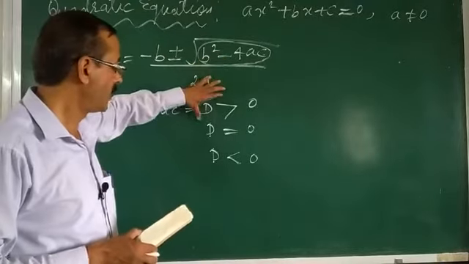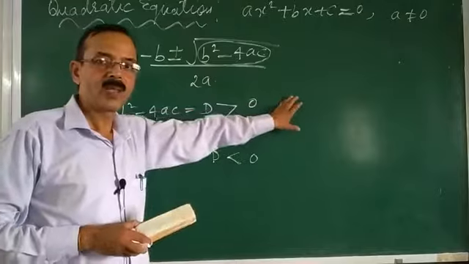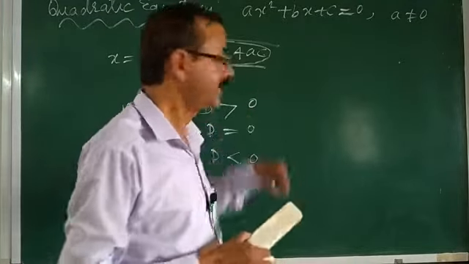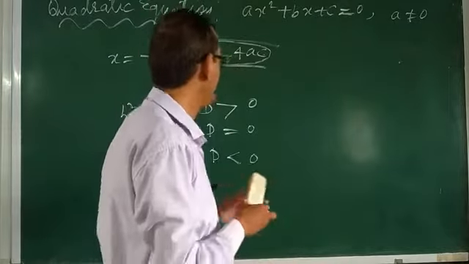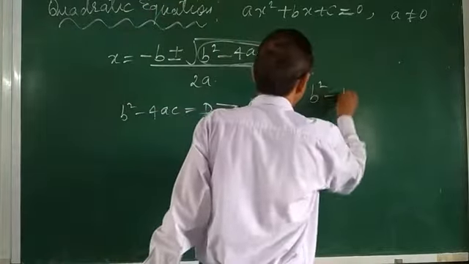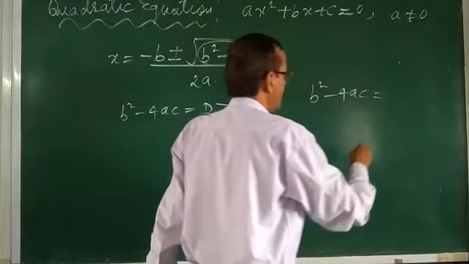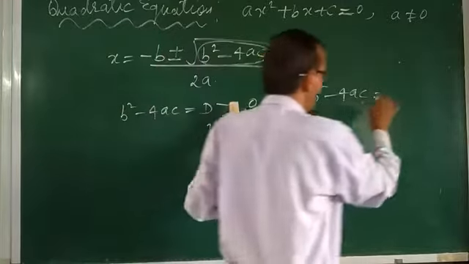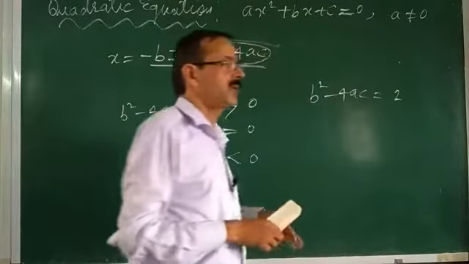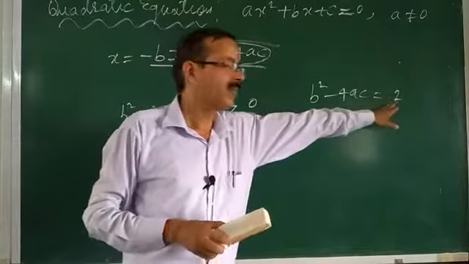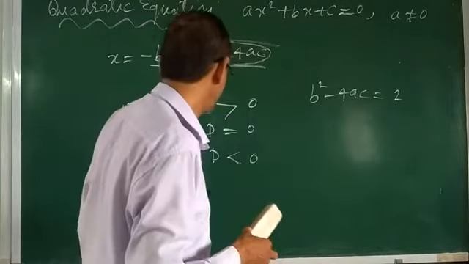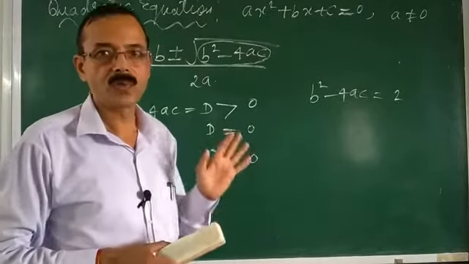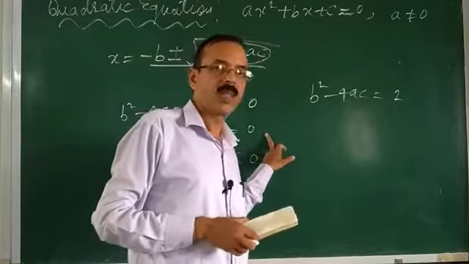As you know, if D is greater than 0, it means that there will be 2 different real roots. D greater than 0 का mean that b square minus 4ac का वैल्यू अगर आपने सॉल्व किया, suppose that positive value, अगर मान लीजिए 2 आ गया, so it means it is greater than 0 and you can find two different roots. If D is equal to 0, it means two equal roots will be there, दो roots होंगे लेकिन equal होंगे.